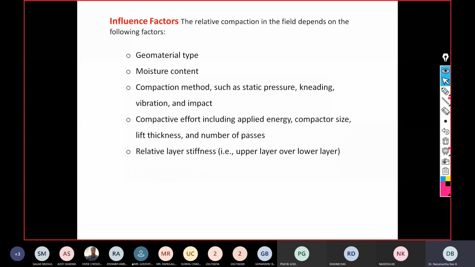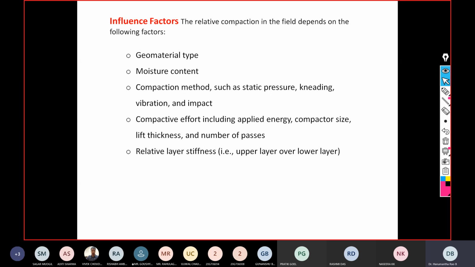So these are the different factors that can influence the compaction in the field as well as in the laboratory, but this is more relevant to the field. A couple of the factors is the geomaterial type, that is soil type. As we very well know, if the given soil is composed of different percent fractions, then the compaction energy may or may not work. It also gives some indication whether we have to go for less or more compaction energy, or whether the soil is compactable or not compactable.